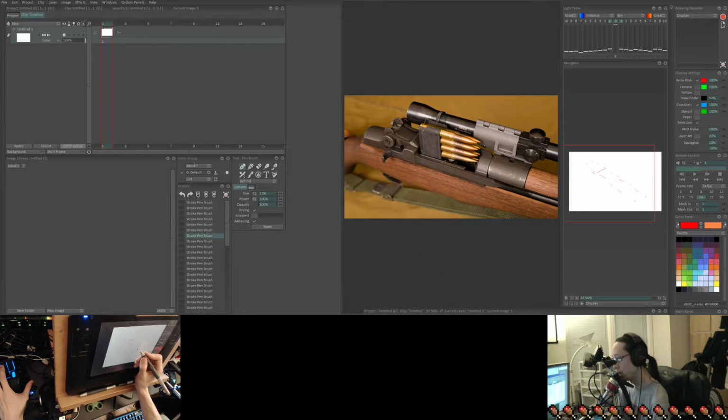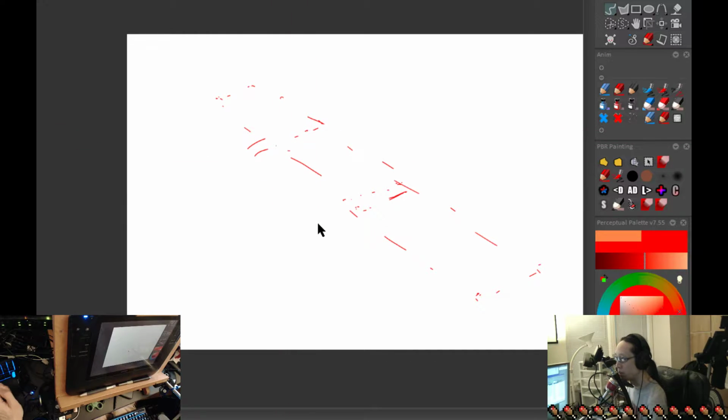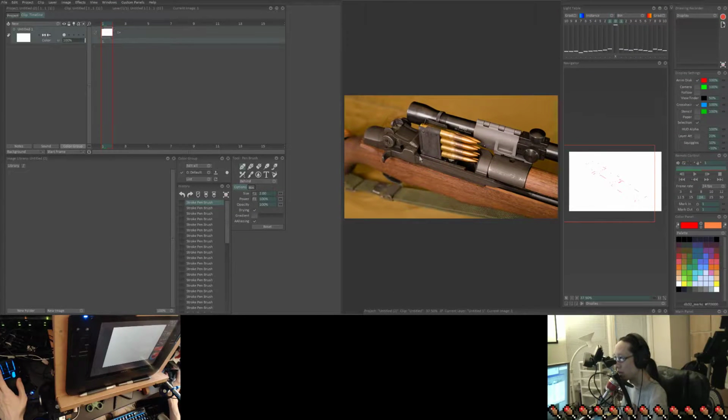Right. So again, I don't necessarily have to draw straight lines. I can draw dashed lines. I'm trying to keep things loose. Then we have this,